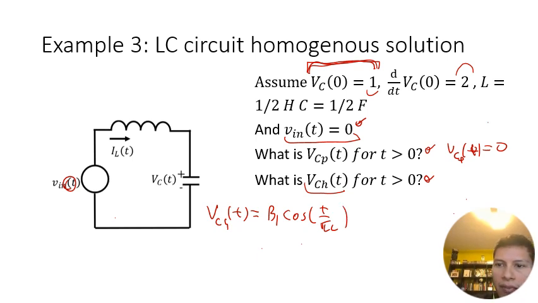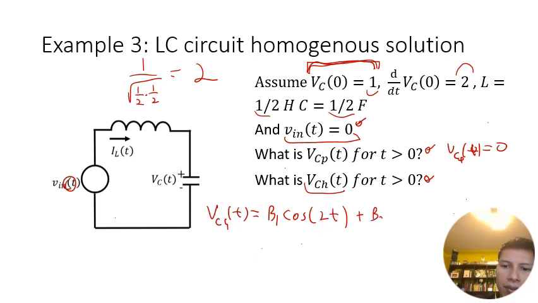Here L is 1/2 and C is 1/2, so we have 1 over the square root of 1/2 times 1/2. The square root of that is clearly 1/2, so we get 2. So we have b1 cosine 2t plus b2 sine 2t,